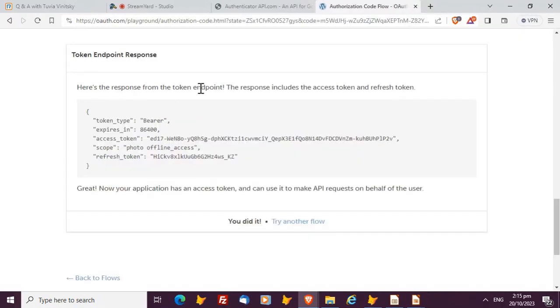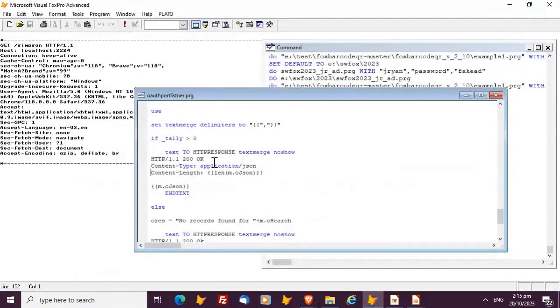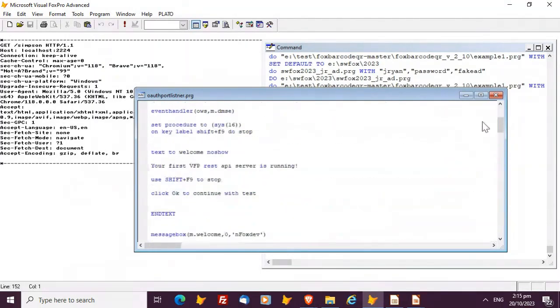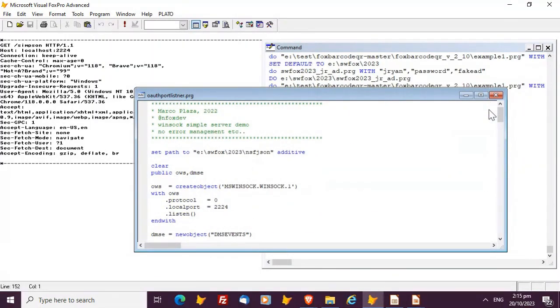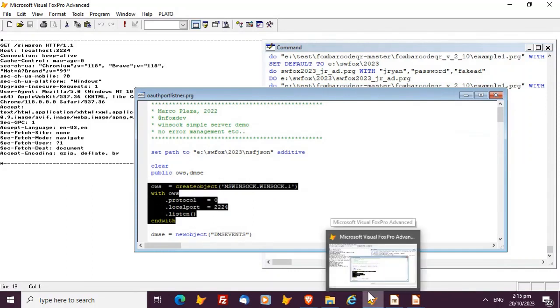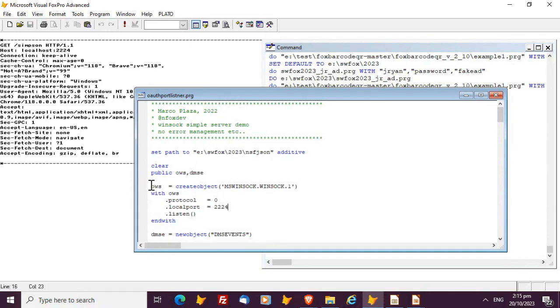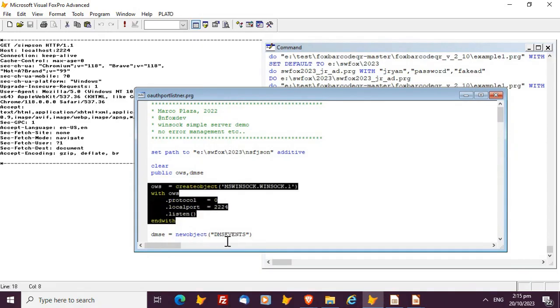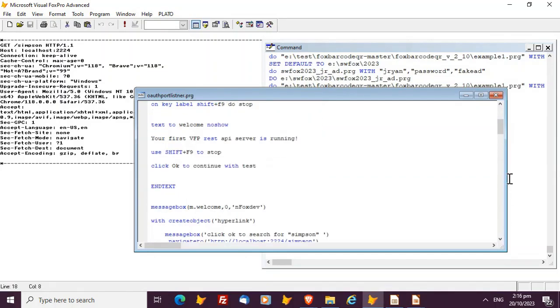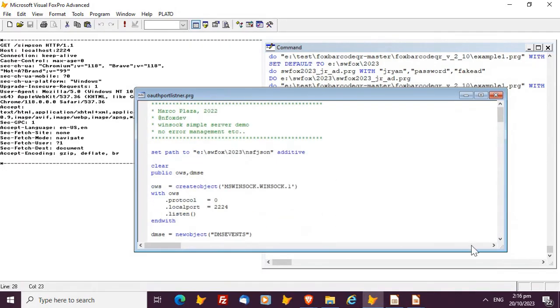Okay, so what this code that I'm failing to show you there does is it's got a port listener built into it. So that tiny piece of code there is listening on local port 224. So you could utilize this, and you've got this next bit there. It's got an event handler in it. So you can actually have an event handler bound to the